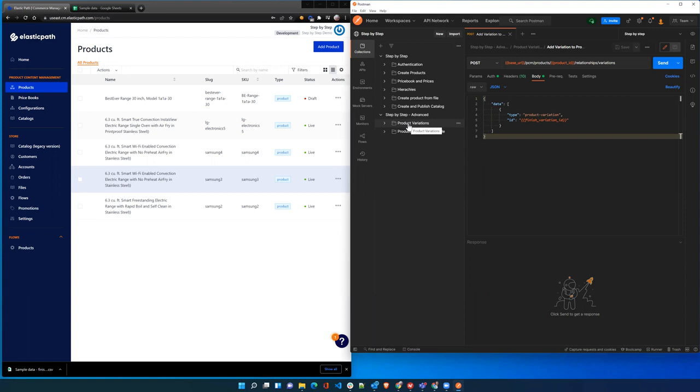So, these electric ranges typically come in stainless steel or white or whatever, right? And so those would be examples of finish variations. So the variation would be finish, and then the options within that variation would be, say, white or stainless steel or black, maybe. And so to do that, we want to create,